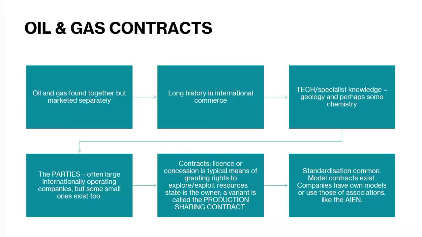With oil and gas, an important thing to keep in mind is that they are found in the same way. You may find you get more gas than oil in one place, but it's the same process of discovering with oil and with gas. The moment you discover lots of gas, then basically everything changes, because gas is, from a chemical point of view, a completely different resource, and getting it out involves infrastructure.